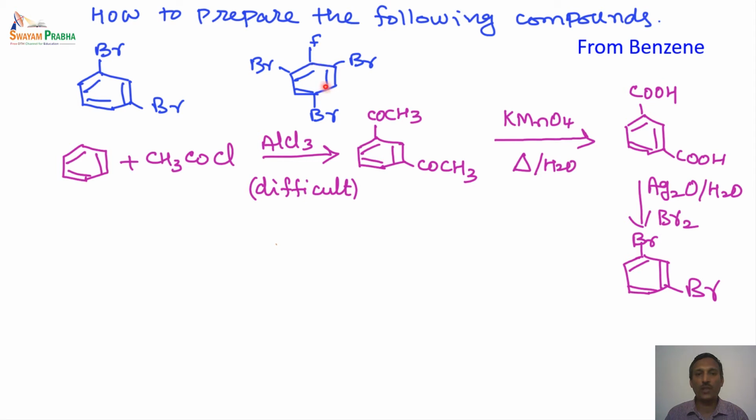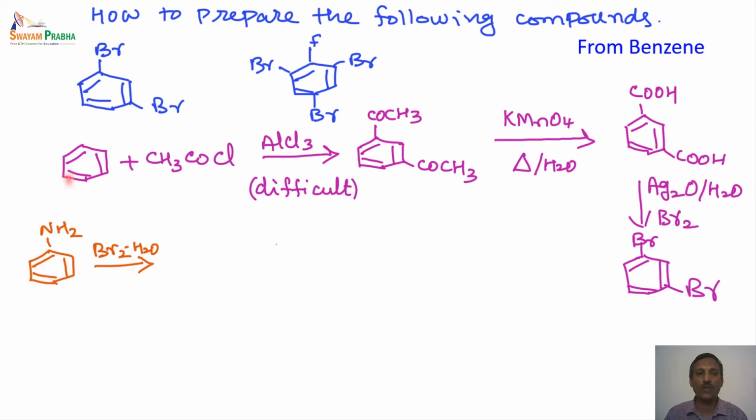And for this particular one, we are actually starting from the amino derivative directly. So this aniline can be prepared from benzene using a couple of steps. Benzene can be converted to nitrobenzene using the nitration reaction. The nitro derivative can be reduced to obtain the corresponding amino derivative, that is, the aniline can be prepared in